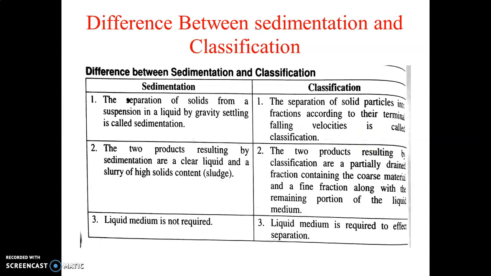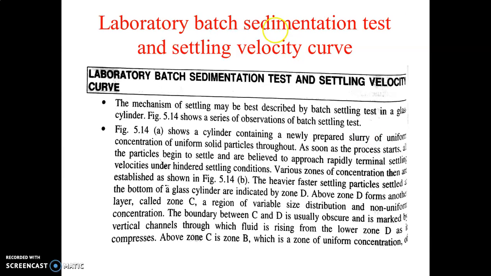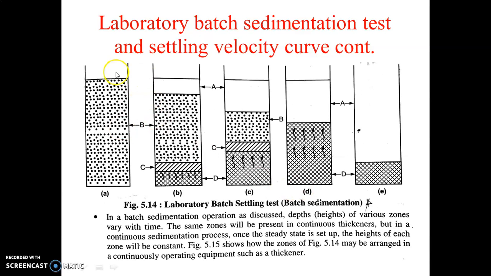Then we will discuss the next point, the laboratory batch sedimentation test and the settling velocity curve. So how is this sedimentation test carried out? This sedimentation test is carried out in a laboratory by using a glass cylinder. I will show the figure first. You have to prepare a liquid like this. Here you have to take one solid material and liquid. You have to take this material into one jar, or we can say,